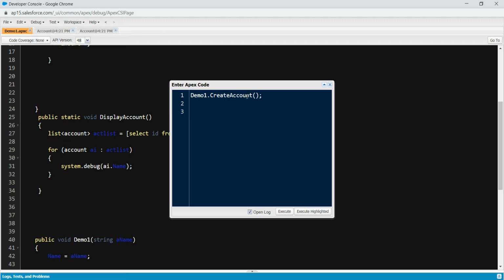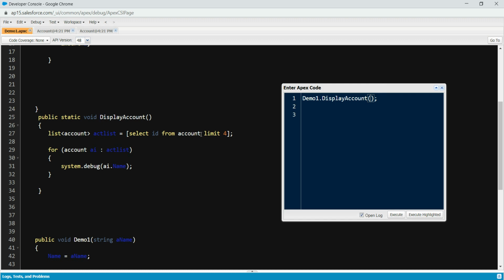And so let's see. Limit 4, right? It means that I want to limit my data set to 4 records, right? So that's what the limit means. You can limit to 2, limit to 1, right? Okay, so